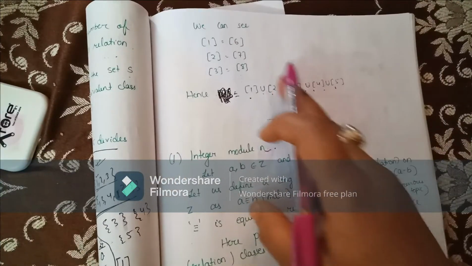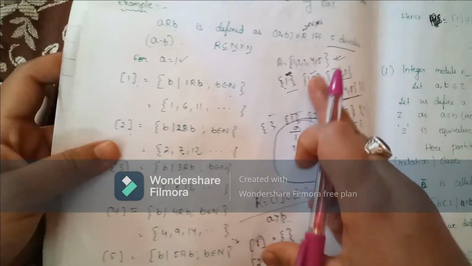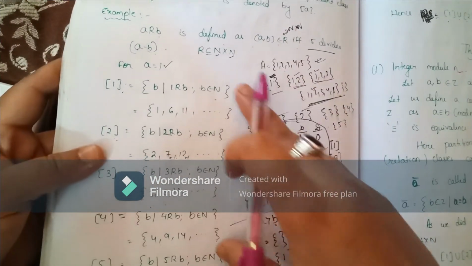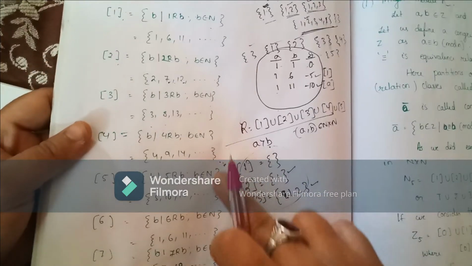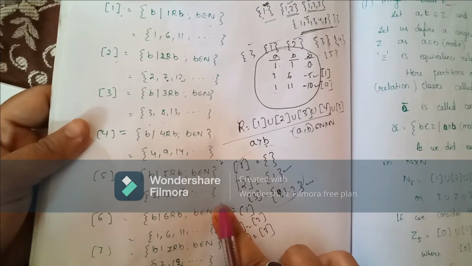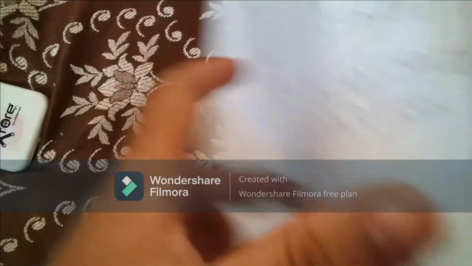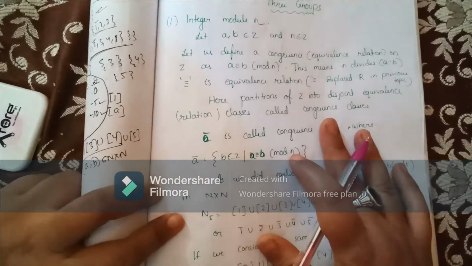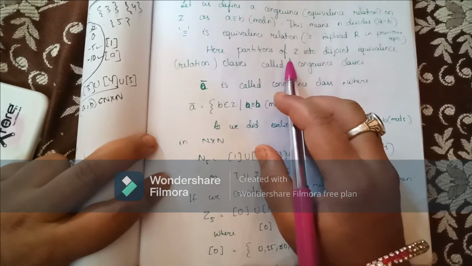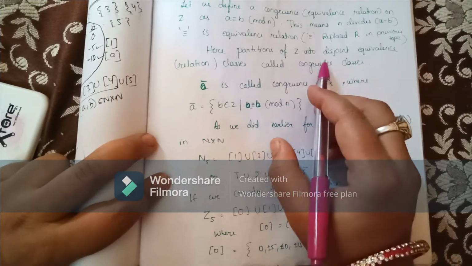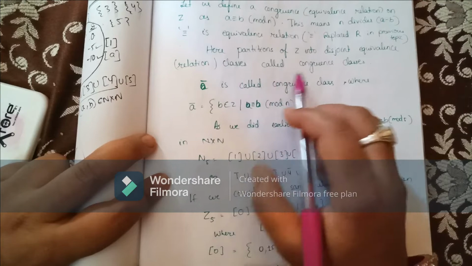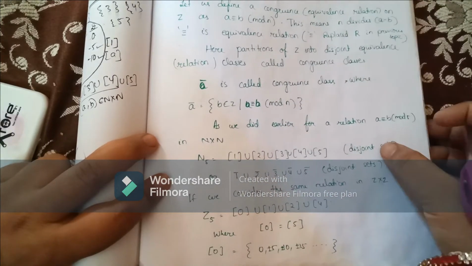We just read about this much, no? Remember? We did how to fix the value of a and find all the values of b. Okay, just now I explained how to use this in the Cayley table. So this is what it is saying here, that you can partition Z into disjoint equivalence classes called congruence classes. Example, look,